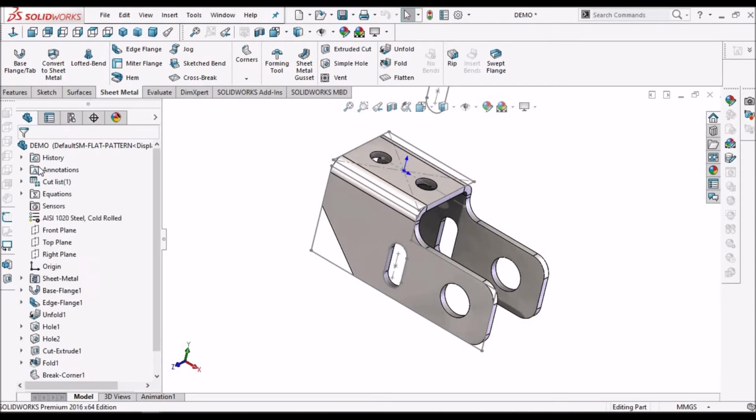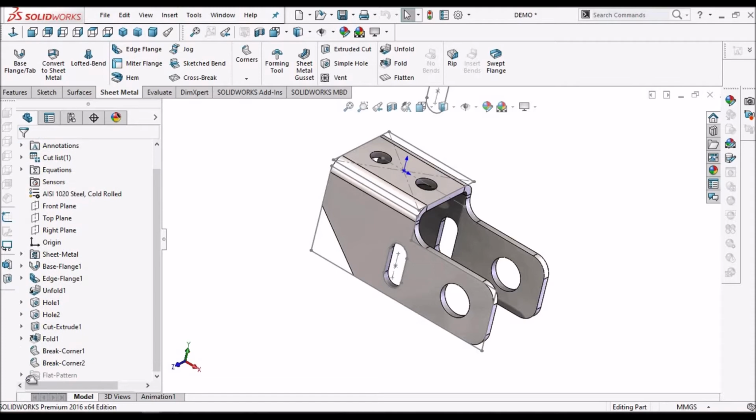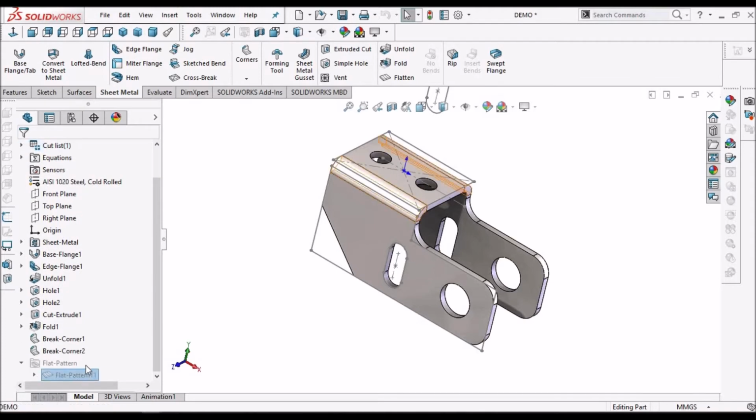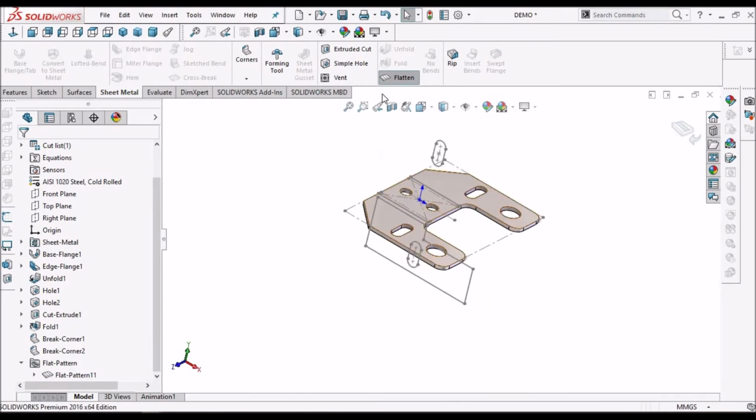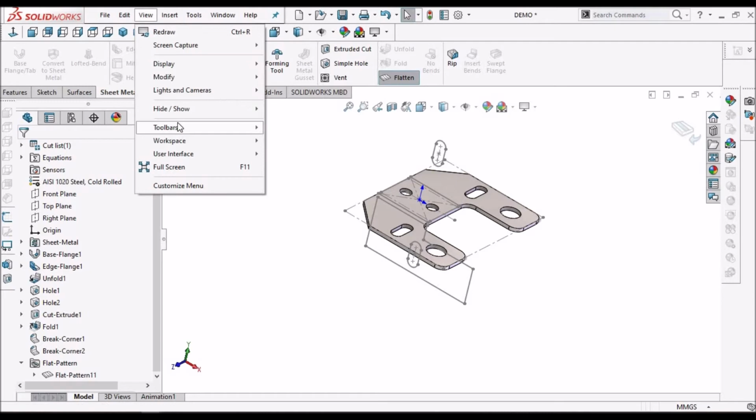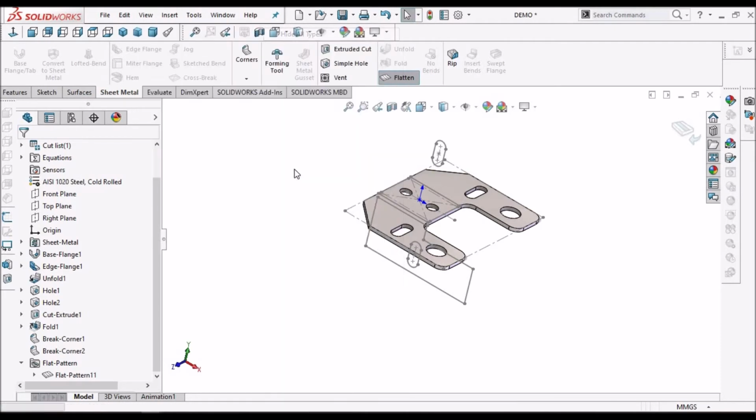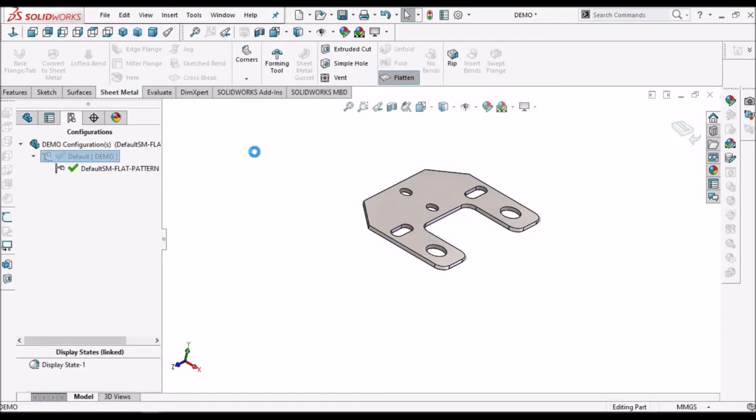So it is in folded state. We have to unsuppress. It is showing. We have to hide the sketches. We have to see both the configurations now.